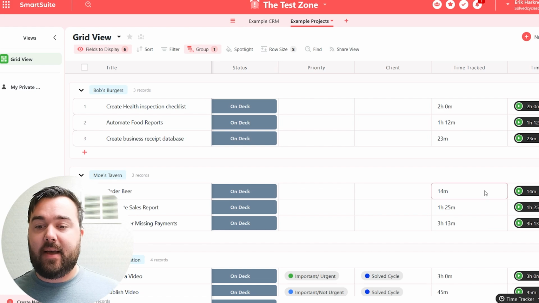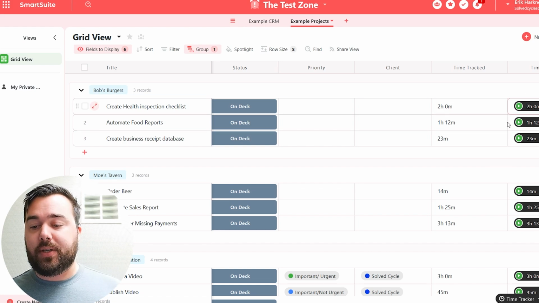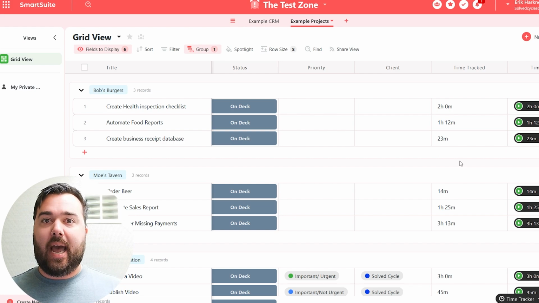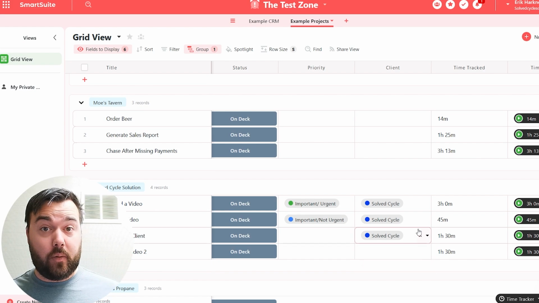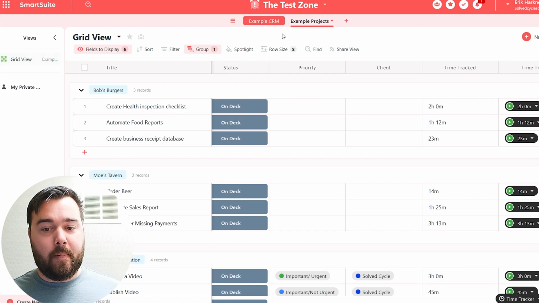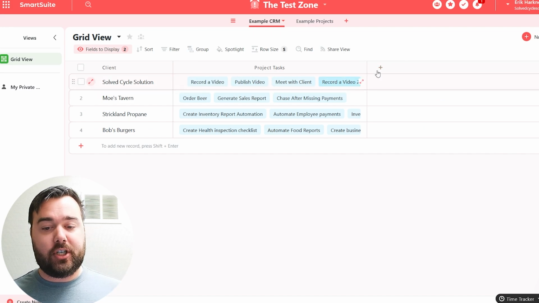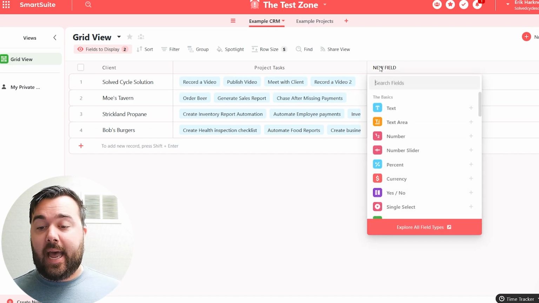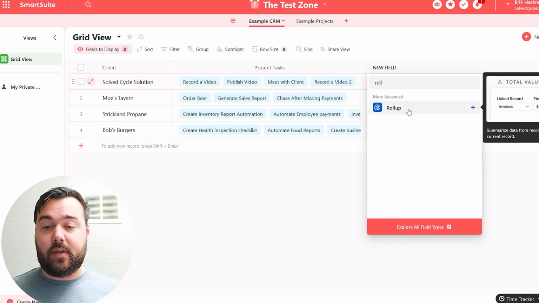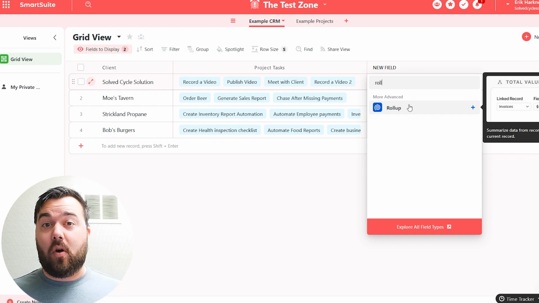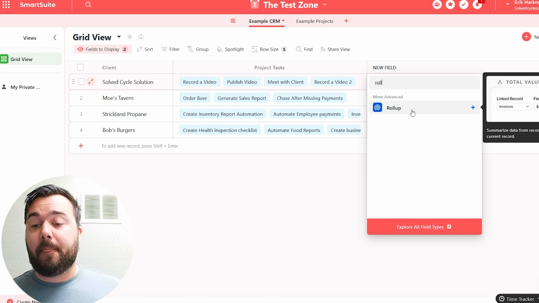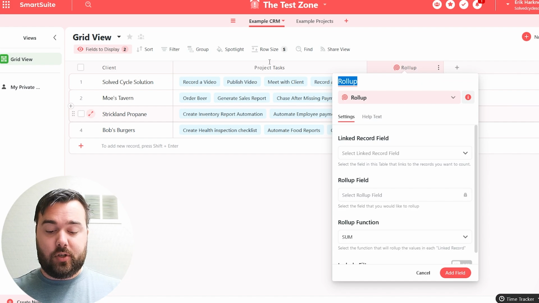So now that we have all this information, I don't want to have to manually add each of these tasks together to see how much time I've spent per client that I would bill them. Let's hop back over to the CRM where we have a linked relationship with project tasks listed already. I can click Add New Field and type in Rollup. There are two ways that we can calculate this information. Each field type has its own unique way of collecting this information, and there are both pros and cons to both sides. So if I were to access the Rollup field, I'm just going to put this as duration, total,